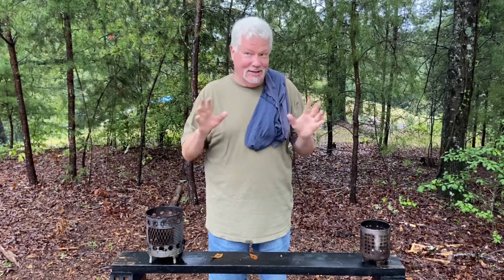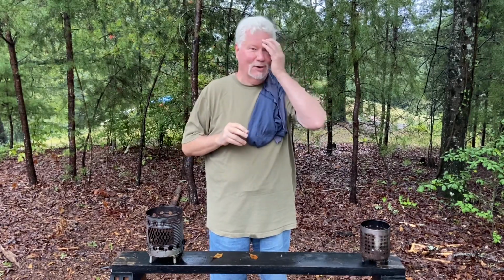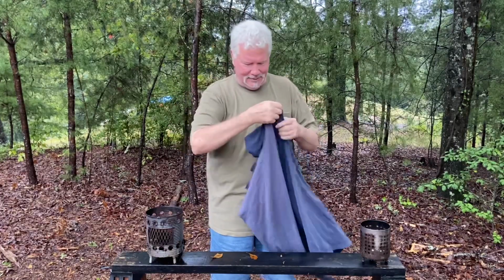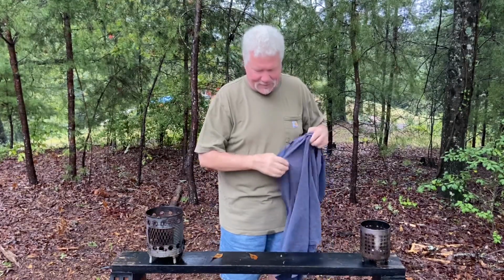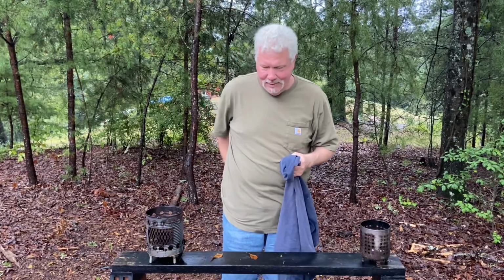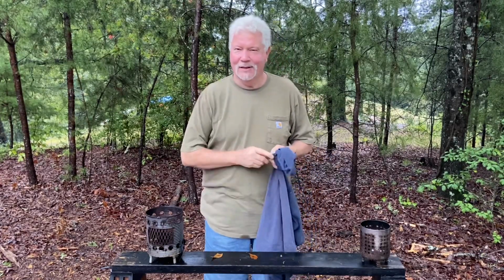I wanted to show you just a couple techniques that you can use in these type situations where everything is so wet. You're always going to have a t-shirt on you, probably, so you can use a piece of t-shirt material. So let me show you two different ways you can use this. We're going to wrap the ferro rod